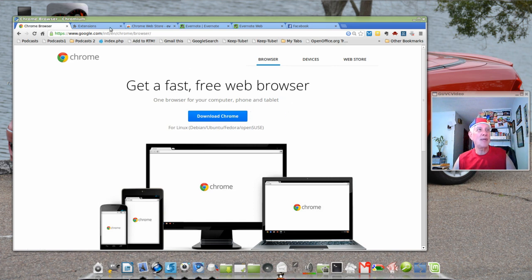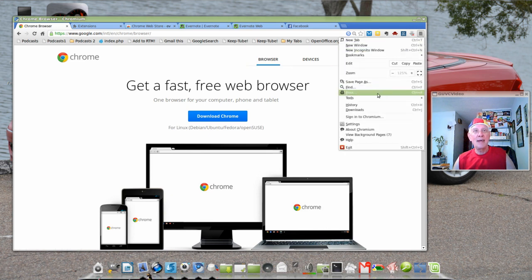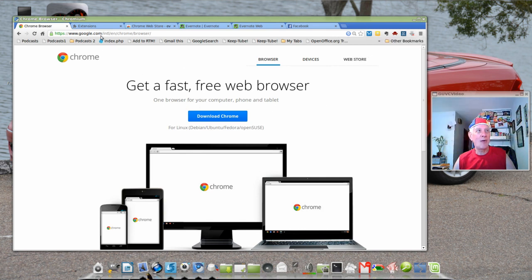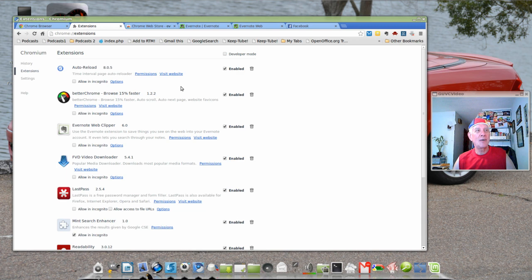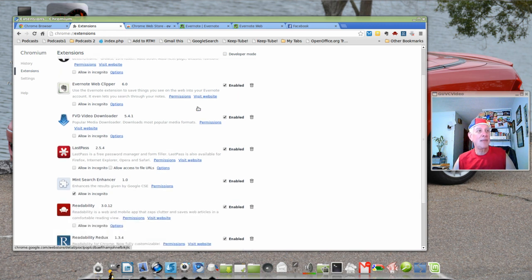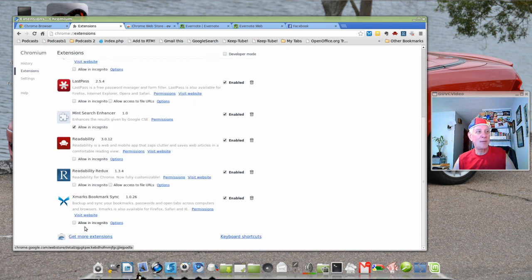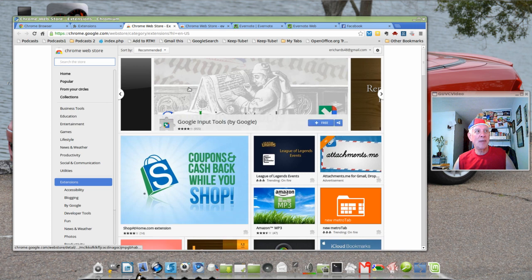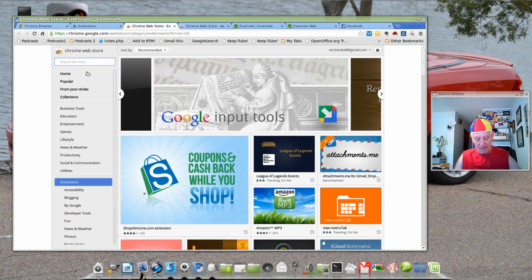Okay. Once you get that done, then you want to go to extensions. You get to extensions by going over here to your control panel, then tools, and there you'll see extensions. I've already opened it up over here. So this is the page you'll come to. If you have any extensions installed, you'll see them there. If you don't, it'll be just a blank page, but there'll be a link at the bottom that says get more extensions. You click it, and it will take you to this page where you then type in